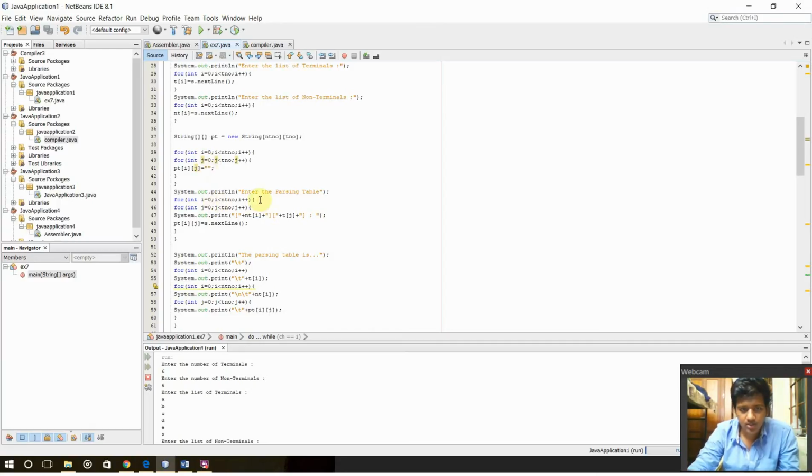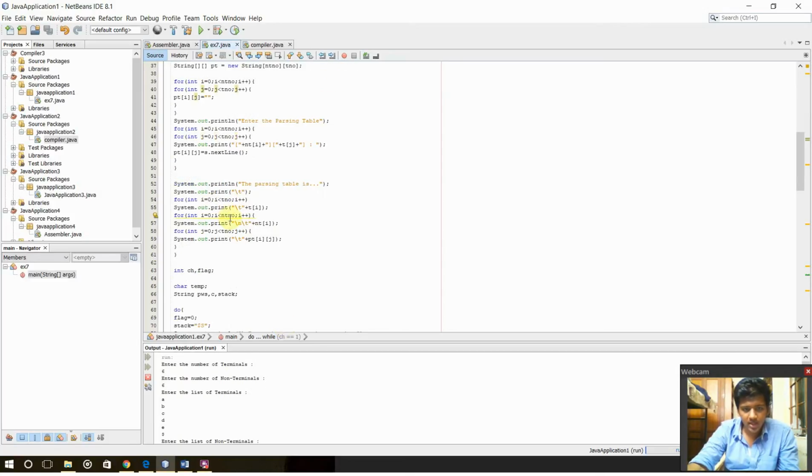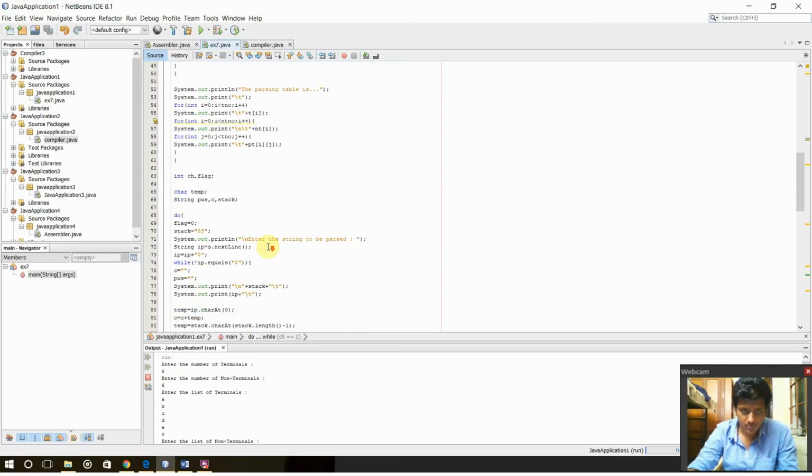Then we are asking the user to enter the values of the parsing table, and as the user enters them, we are storing them in the array using s.nextLine. Finally the parsing table will be printed over here. We're printing the parsing table using the for loops. After it, what we're doing here is